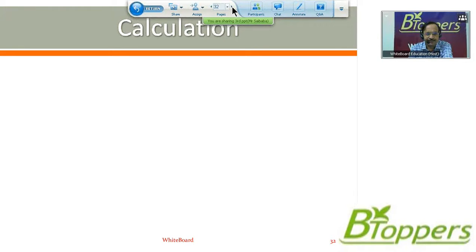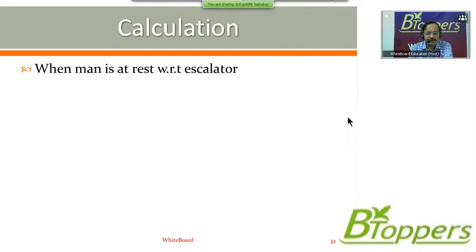Would like to show the calculation for this. Let V1 be the magnitude of the velocity with which the escalator moves. So in the first case, when the man is at rest with respect to the escalator, I mean the man moves along with the escalator with the same velocity V1 with which the escalator is moving, you can write S equal to V1 into T1. It should be T1 there. You can write it in your notebook. Those who want to copy the solution, they can copy.